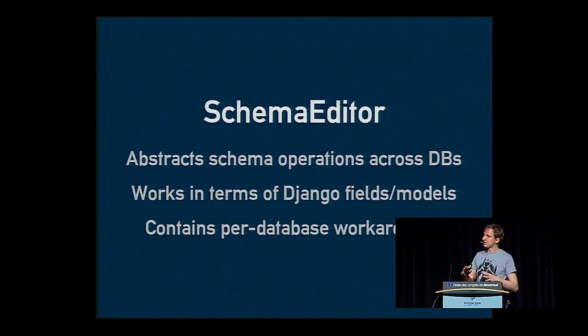It's also written to work in terms of Django fields and models. So South, for those of you who aren't familiar with it, works in terms of tables and columns, which is a great sort of starting point for doing table alteration and that kind of stuff. But it sort of falls down with the more complex column types in Django. So what this does instead is it takes the models and fields themselves, and then, for example, a foreign key has a certain name as an attribute, but the column name is _ID. And with this sort of slightly higher level interface, the new migration stuff has a much better idea of what is changing, what is staying the same,